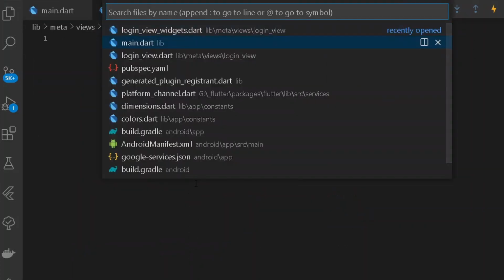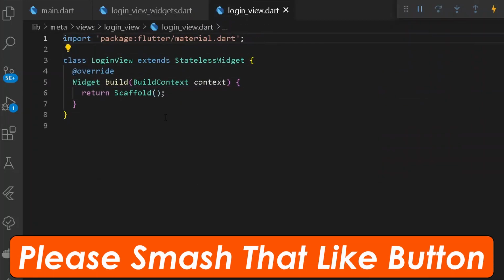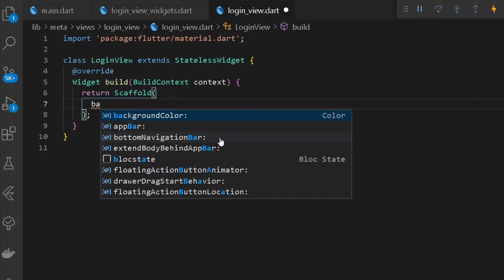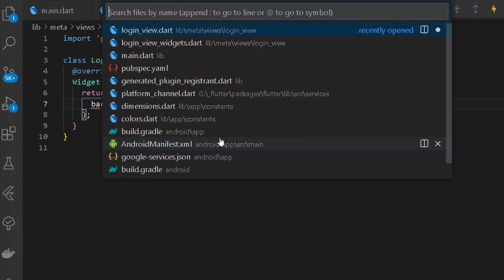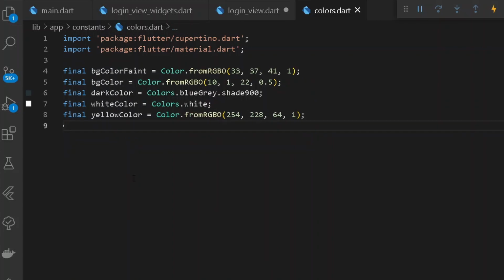So we shall be doing one thing, that is move under our login view, and here we simply have a new scaffold, but we need a view. So first thing first, we shall have a background color. Now you know what, for the background color we shall be taking help from our colors file. Under our colors file, you can see all of the following data. We can do one thing, remove the following class so that it will be more manageable. Cool. So format document once, and we are good to go.